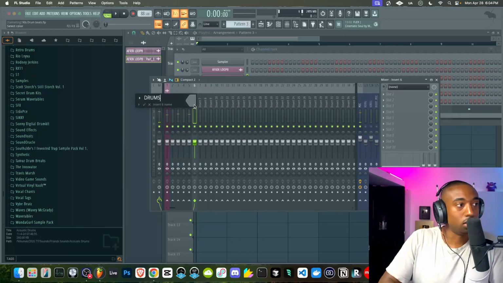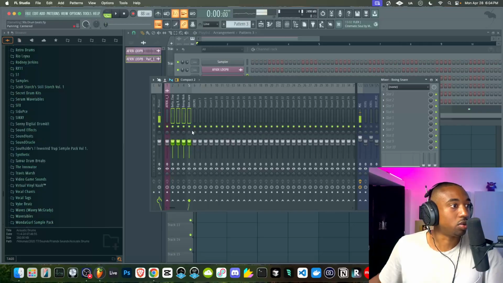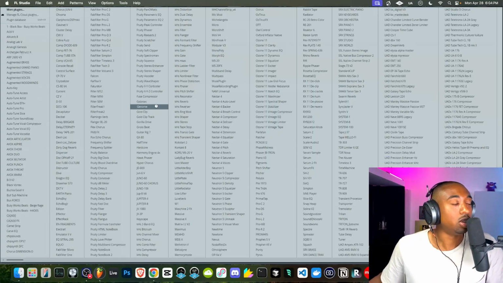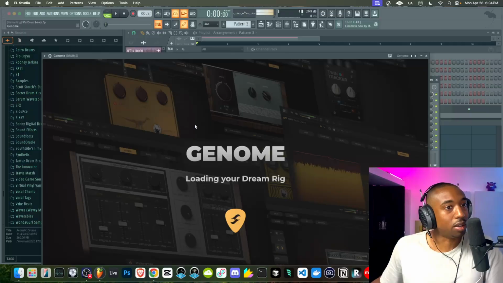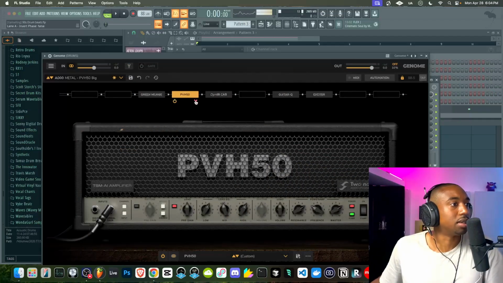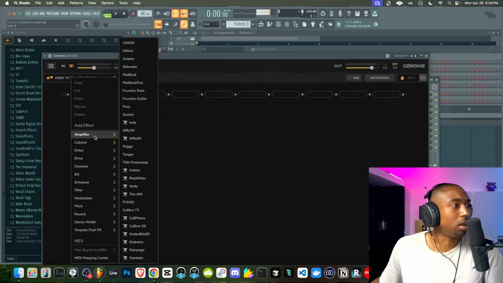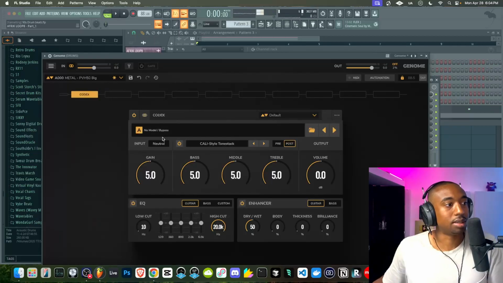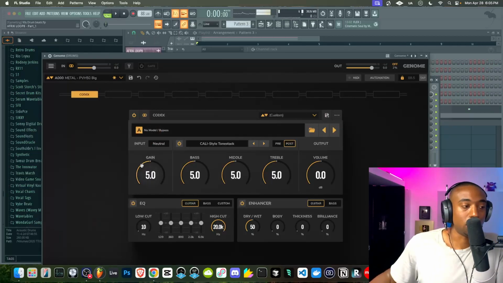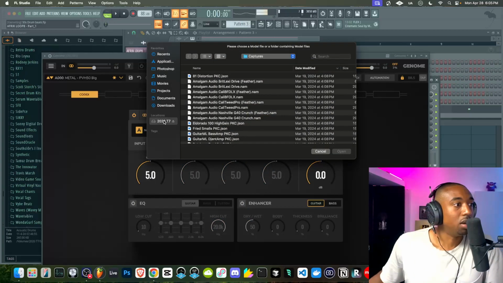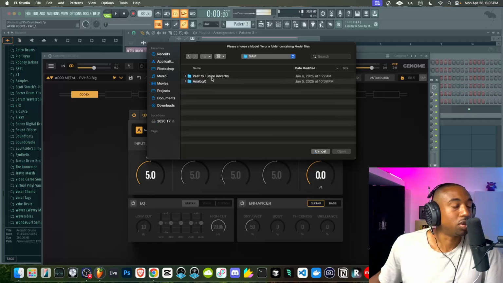Let's create a new bus called the drums, and we're going to run our drums through something called Genome. In Genome, which is a plugin you have to buy, you can load up NAM profiles, which are files you have to buy that load into a NAM profiler. Basically, you can emulate the sound of outboard gear. Some of my favorite patches are from Analog for Life, who worked with Analog X. This sounds more complicated, but once you get into it, you'll understand how easy it is. So just turn these off. We're going to load up what are called NAM profiles, similar to impulse responses.